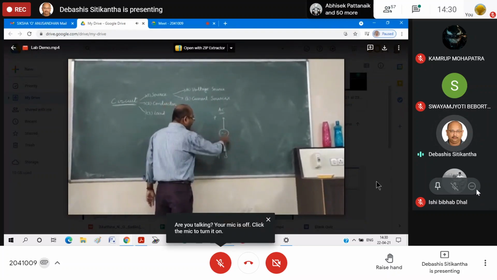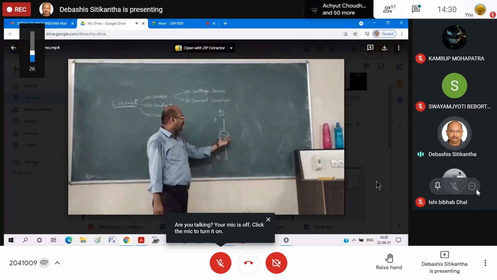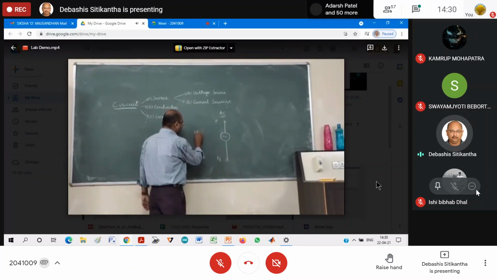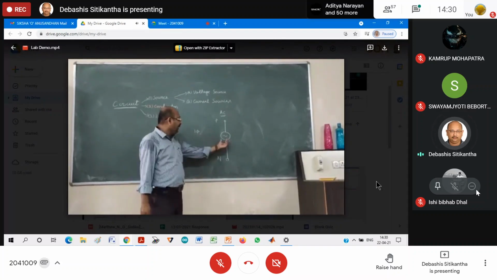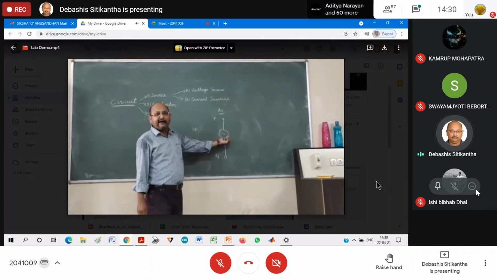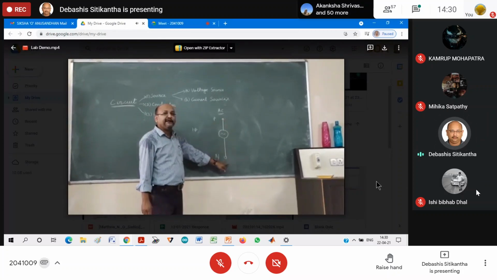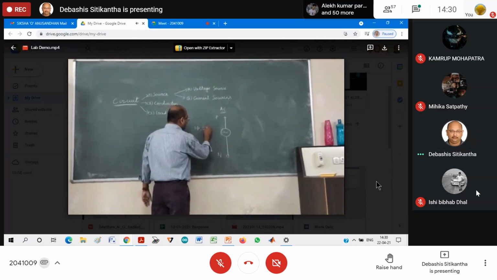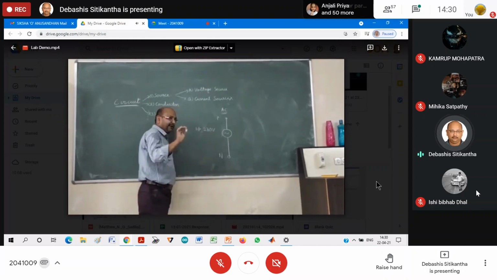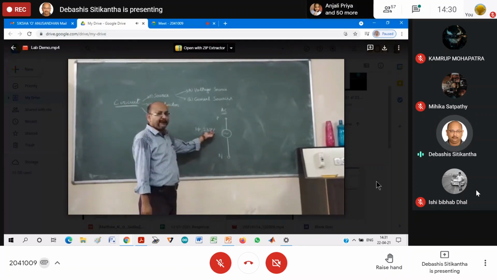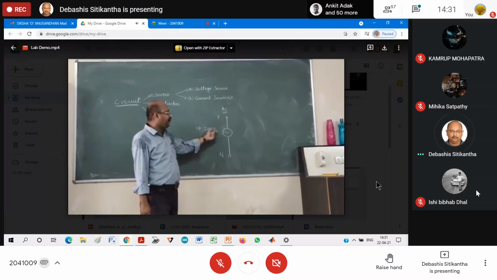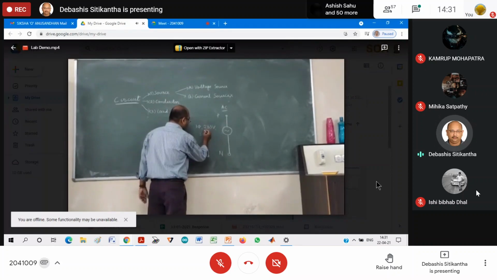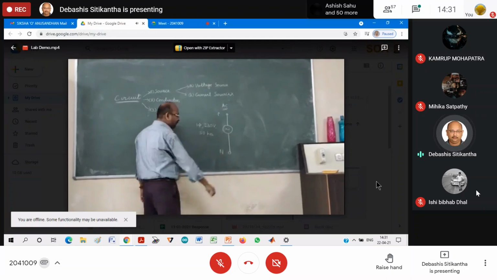So in order to represent this, I have already put this symbol, but adjacent to this symbol, I have to write that it is single phase. Next, I have to say what voltage I am going to get if I connect a voltmeter to this phase and neutral terminal. Usually the standard voltage is 230 volt RMS. Now what is this 230 volt RMS? We will talk about it later. Remember that it is simply represented by the symbol 230 only. And we also have to represent the frequency of this supply. So in India, the frequency of supply is